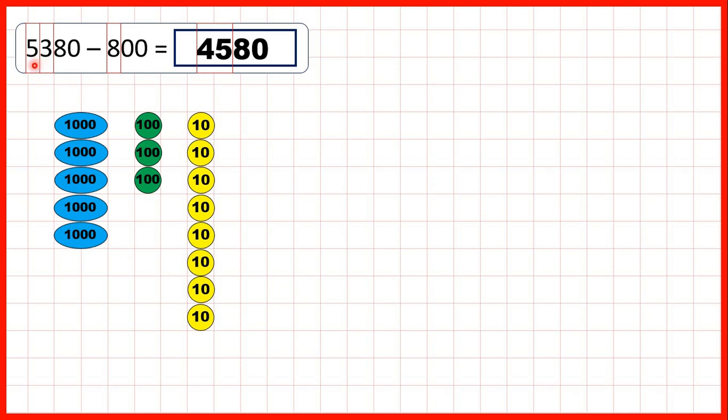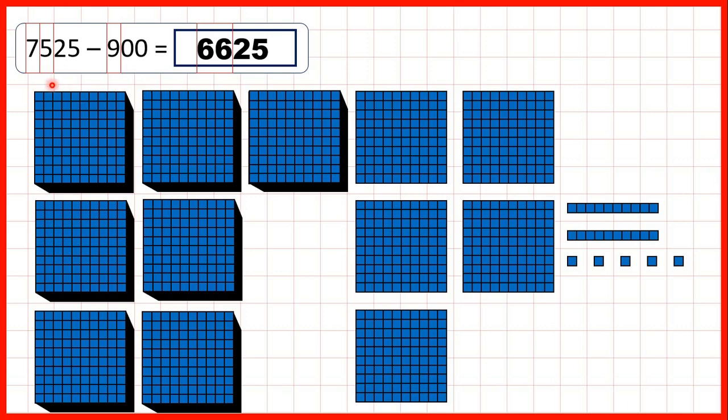Or with place value counters, we're starting with 5 thousands, 3 hundreds and 8 tens, and we need to take 8 hundreds away. So we can take away 1, 2, 3, exchange, then take away 4, 5, 6, 7, 8, and that leaves us with 4 thousands and 5 hundreds. So you can see why subtracting hundreds sometimes means that we need to change the thousands digit as well. Then